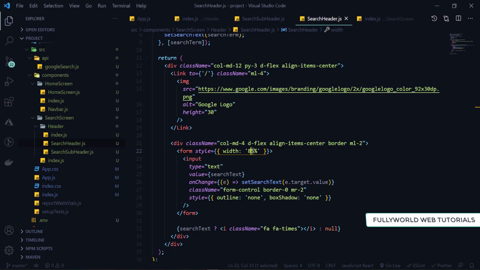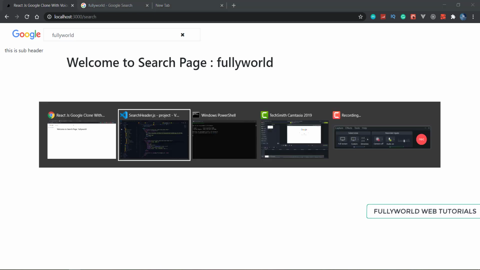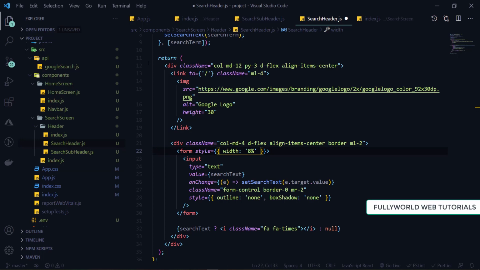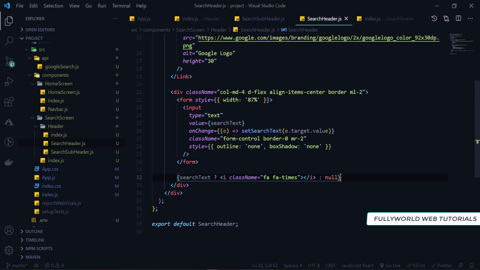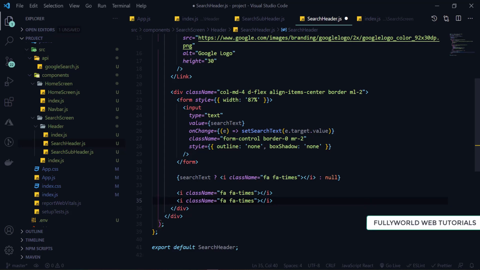Now let's apply other things also. So we have to apply one more I tag. So I'm just going to copy this and paste it here, and then I'm going to copy it again, and here will be our microphone. So I'm going to write microphone, and the second thing we want is our search. Save it, and now let's see. So see that these things are working, and I just have to set one thing here, that will be our justify content. So justify content will be between. Save it.